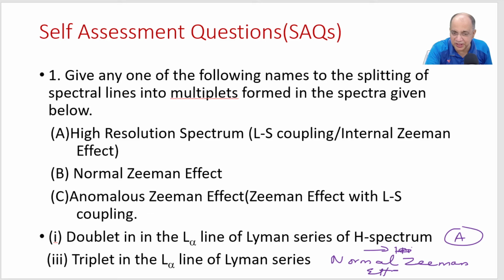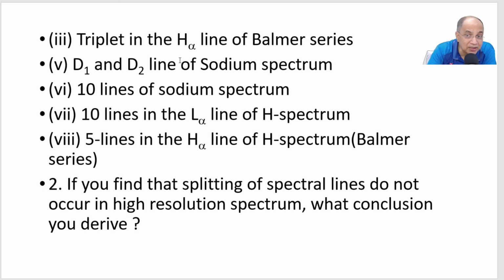That means it is B, right? Then coming to the triplet in the H alpha line in the Balmer series. I also remind you that it is a triplet, not that it is having 3 transitions. I mean 3 transition energies. There are 15 transitions from 3D to